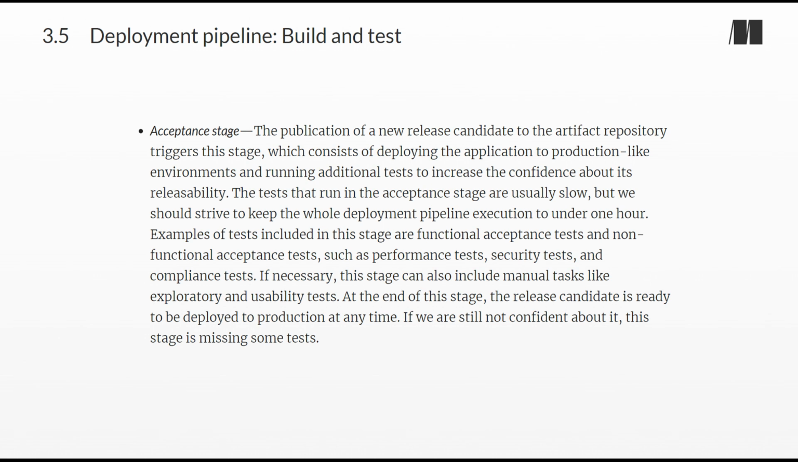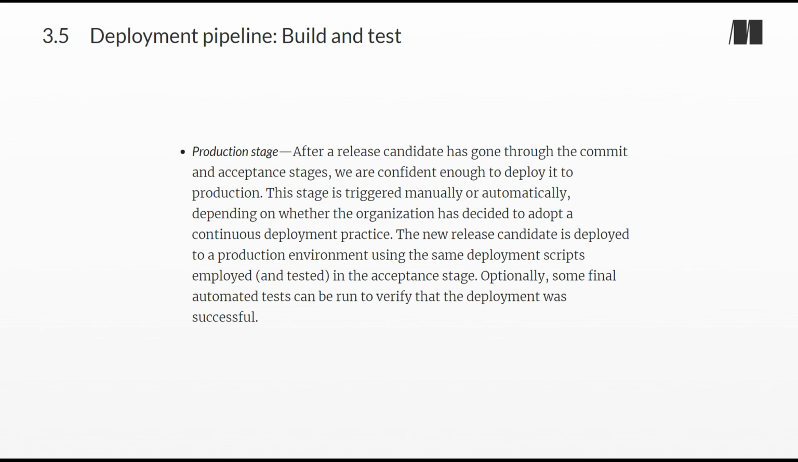At the end of this stage, the release candidate is ready to be deployed to production at any time. If we are still not confident about it, this stage is missing some tests. Production stage. After a release candidate has gone through the commit and acceptance stages, we are confident enough to deploy it to production. This stage is triggered manually or automatically, depending on whether the organization has decided to adopt a